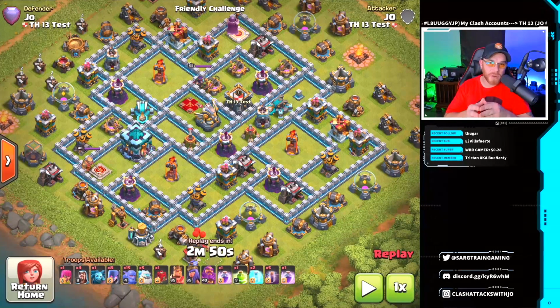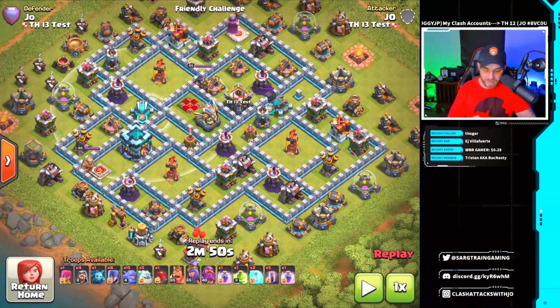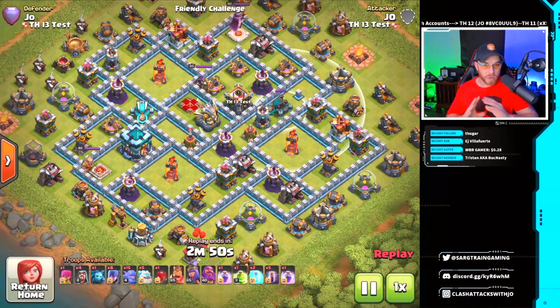If you watched yesterday's video, we are going to use that same base, but we've incorporated the Scattershot on the base. We've placed it inside the base, and that's kind of where I envision it being used, but I'm definitely interested and curious to see how base developers put this thing into play once we get Town Hall 13 in game. So we have that same army that we used yesterday, and this is where I really feel that the